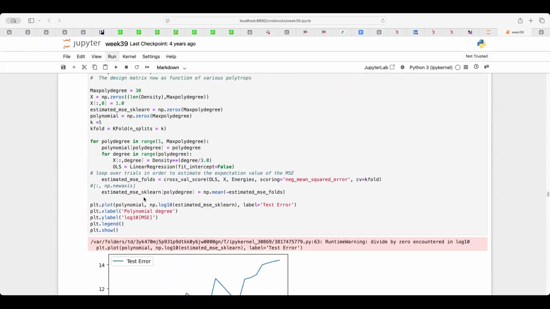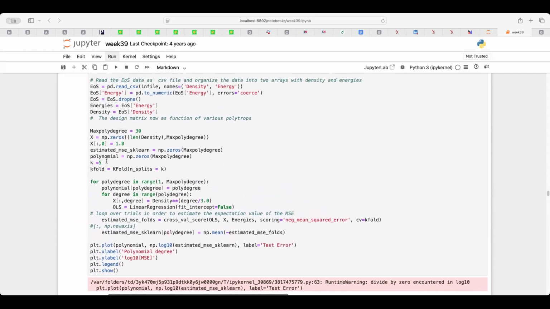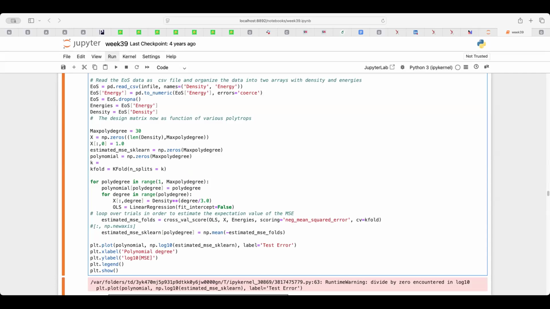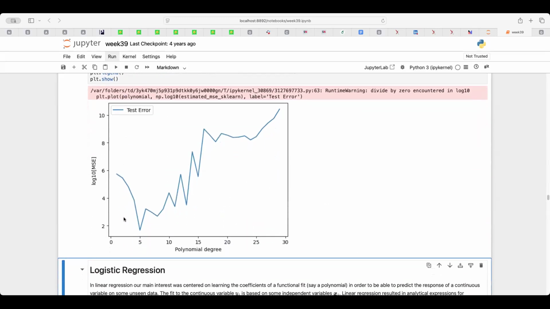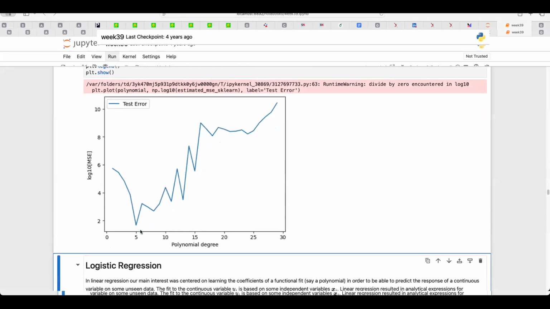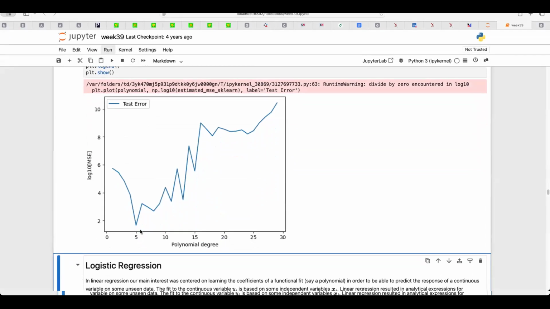Now, one of the things you need to do when you're using k-fold or cross-validation is to play a little bit around with the number of folds. So if the results stabilize, if you look at this one here, you will see now that it roughly has the same minimum. So with a k-fold between 5 and 10, you're getting a typical minimum for the prediction you're making, which says now that the polynomial of degree 5 is the one which seems to give the best reproduction of the data. So that's a typical example you would then face when somebody gives you a data set,